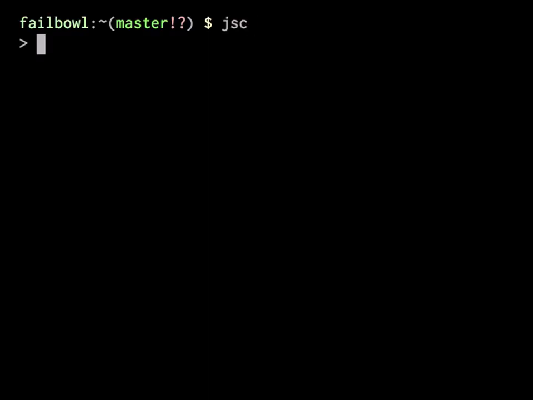Let's talk about JavaScript. Does anyone know in JavaScript what array plus array is? Well, let me ask you this first. What should array plus array be? Empty array. Empty array, I would also accept type error. That is not what array plus array is. Wrong. Array plus array is empty string.